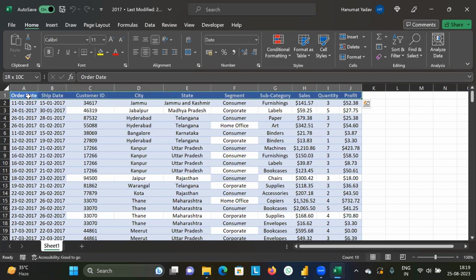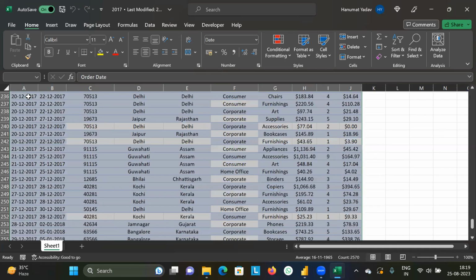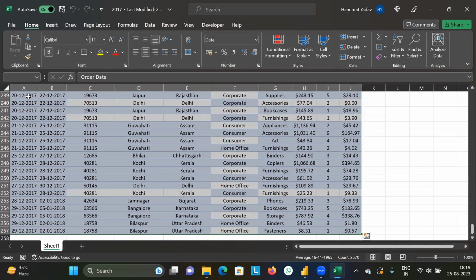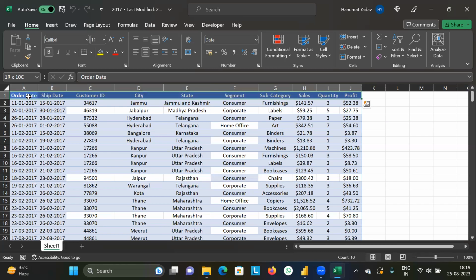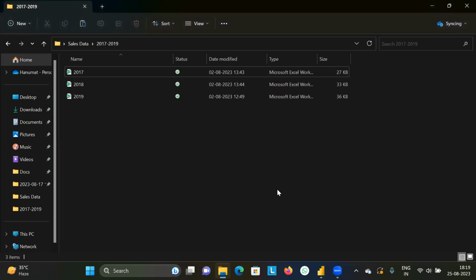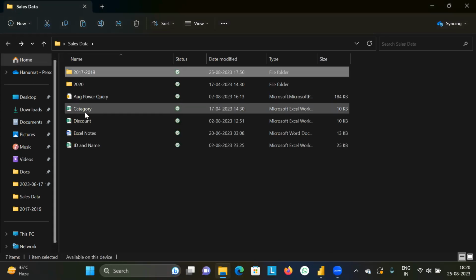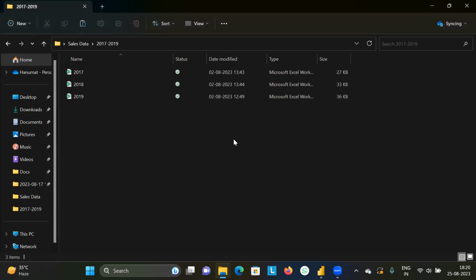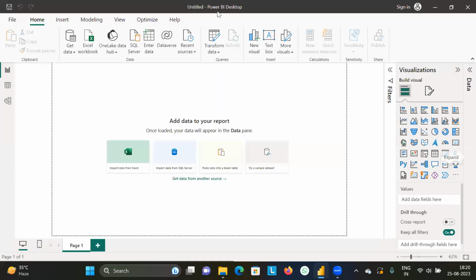So let's see how many rows there are. There are 10 rows and over 250 columns. So not a bigger file, but still it has a lot of information. In Power BI, we need to insert all these files at the same time. You can upload or insert these files one by one, or you can insert the files all at once. So for that, I'm just going to go to Power BI, and here in Get Data,